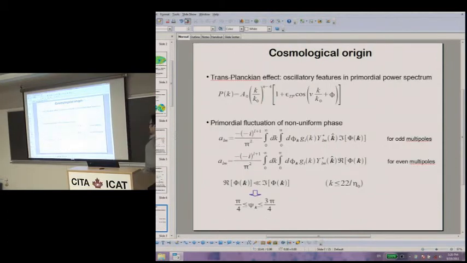Okay, so if it's not systematic, what can the cosmological origin be? First we can think of the transplanckian effect. The transplanckian effect is an oscillatory feature on the primordial power spectrum. As this term shows, there's oscillation in the primordial power spectrum, so for certain values of this parameter, it may produce such a symmetry. But I tried to fit this to the Planck data, and it seems that when it fits well for low L, it does not fit the high L. So maybe we need a more sophisticated model than this, probably.